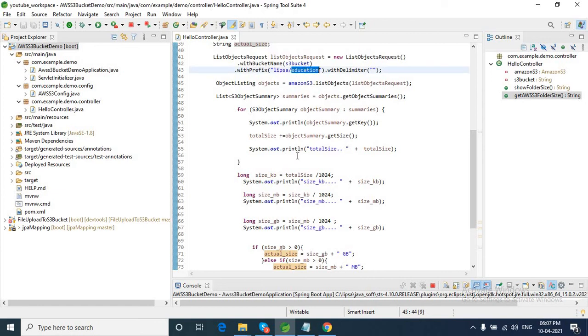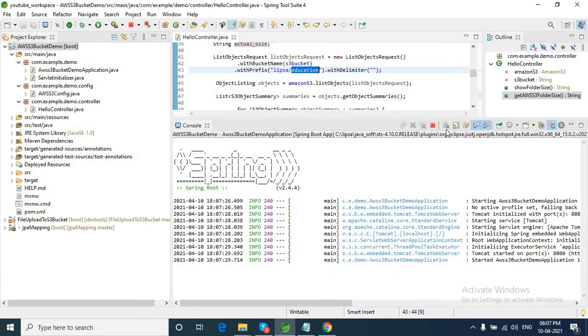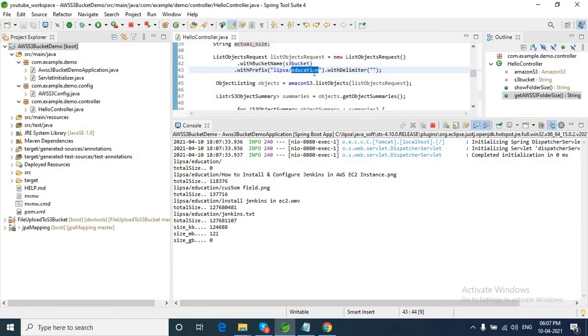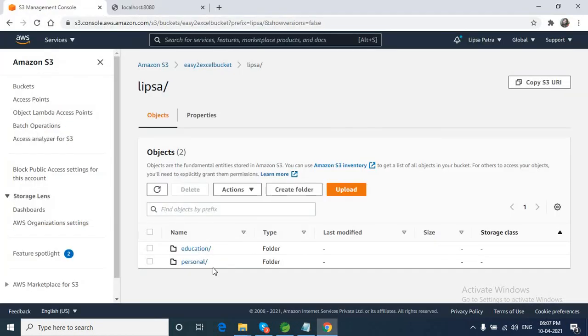Okay, so our application started. Just hit the URL again. The folder size is 1.1 MB. Clear? So that gives me Lipsa's education folder size. If I hit over here only Lipsa's folder size, it will give me the education details folder size plus the personal details folder size.